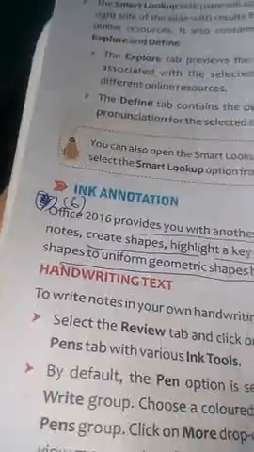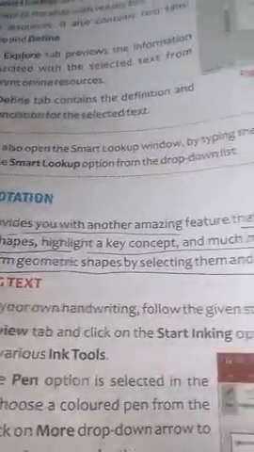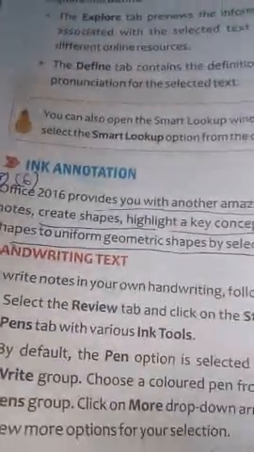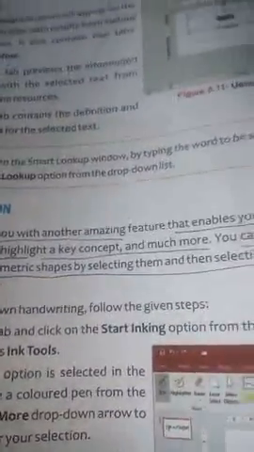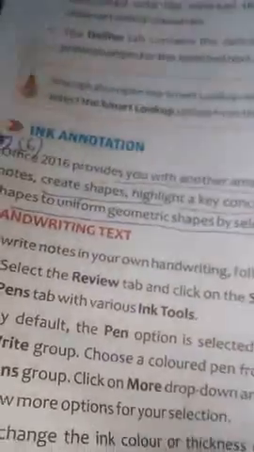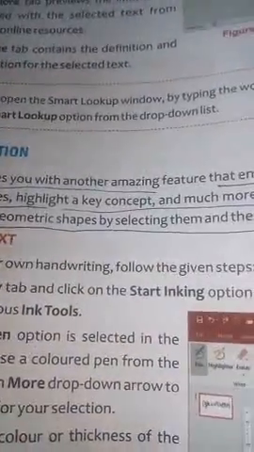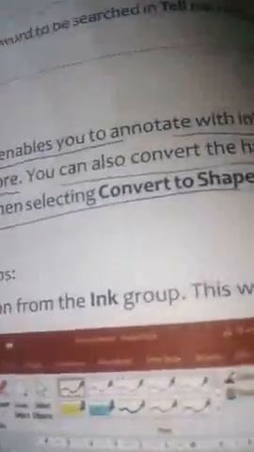Office 2016 provides you with another inking feature that enables you to annotate with ink to write notes, create shapes, highlight a key concept and much more. You can also convert your hand-drawn shape to a uniform geometric shape by selecting them and then converting to shape.